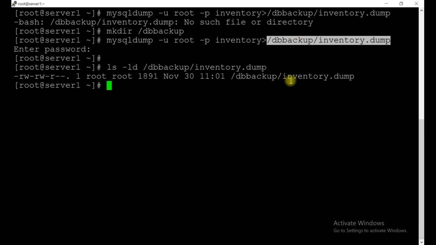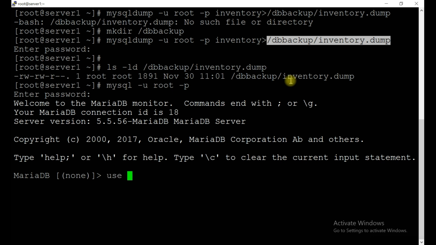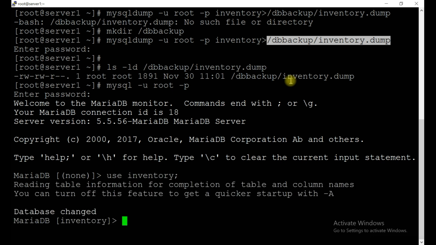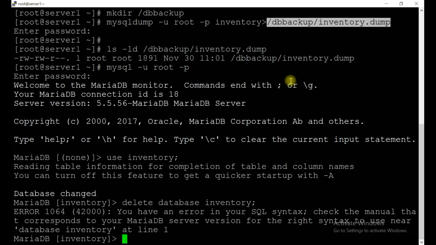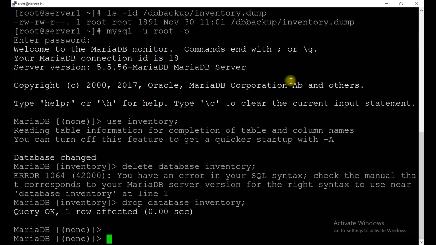Let's verify that the directory and file are there. Yes, we have it. Okay, now let's log in to the database. Enter the password, use inventory. Okay, now delete database inventory. Sorry, it should be drop instead of delete. Drop. Okay, done.